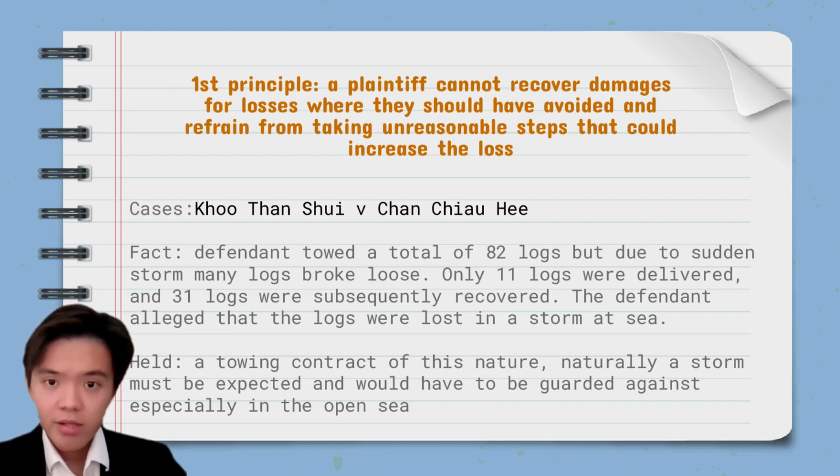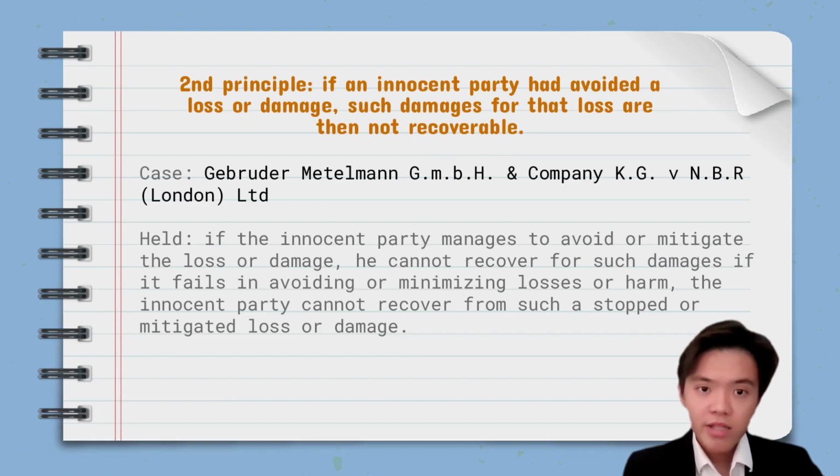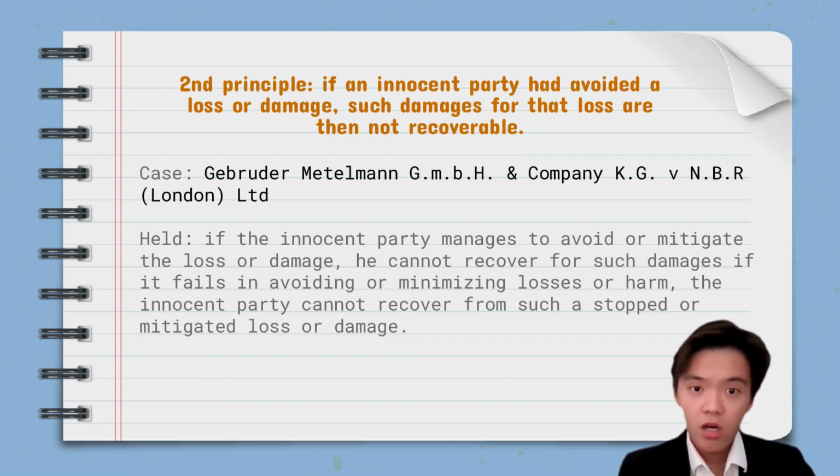The court determined that the defendant had failed to take reasonable precaution to minimize the damages since in a towing contract of this sort, a storm must logically be anticipated and would have to be guarded against, especially in the open sea. Secondly, if an innocent party had avoided a loss or damage, such damages for that loss are then not recoverable. For instance, in the case of Gerbuder, Metalman, GmbH Company, and NBR London Limited, the court held that